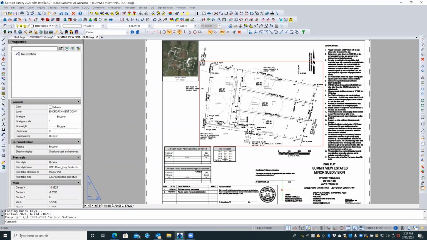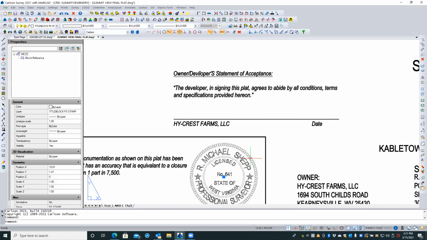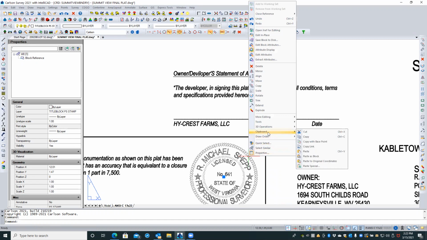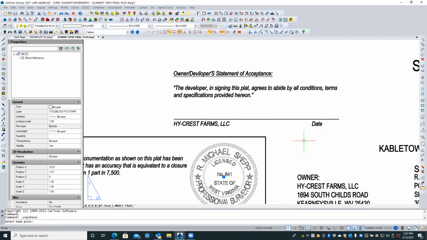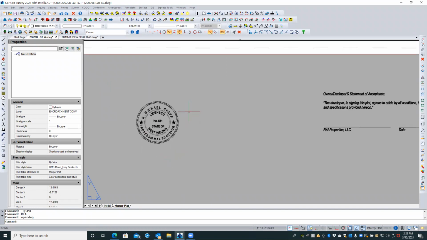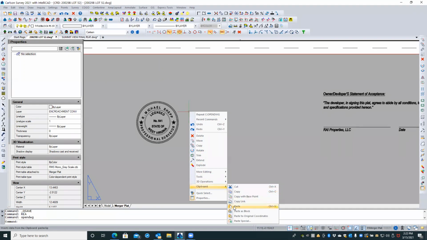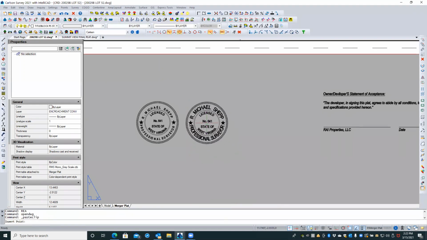Now I want to take this, which is a block, and if I simply copy with the clipboard, and then paste it, it's going to try to redefine it, which will be fine. So if I paste here,